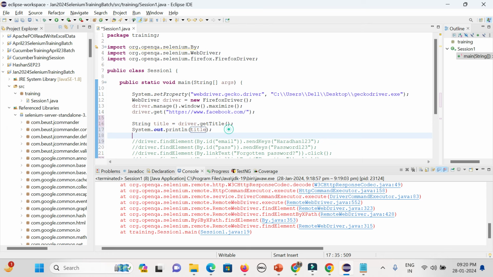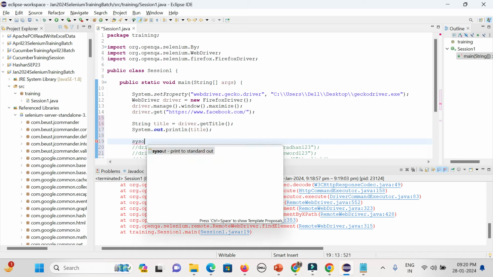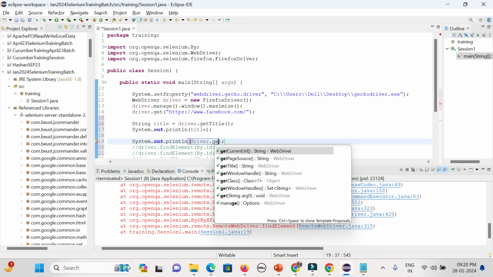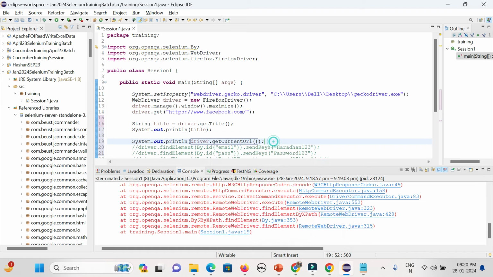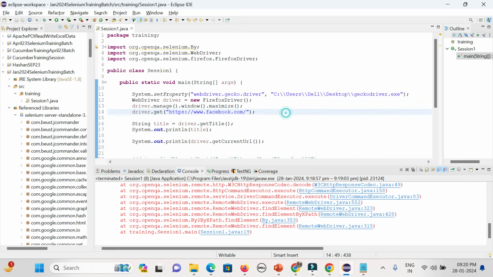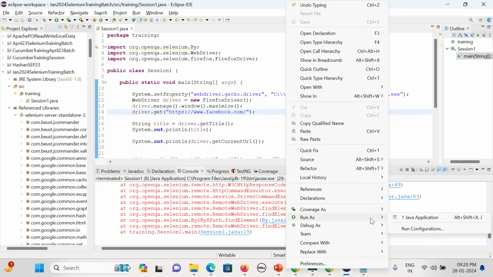That is one way. The other way, I can directly print the title. Or the other thing, driver dot get current URL. Directly I can print it out also. Now if I run it, it will print out these two things, the title and the current URL, in the console.